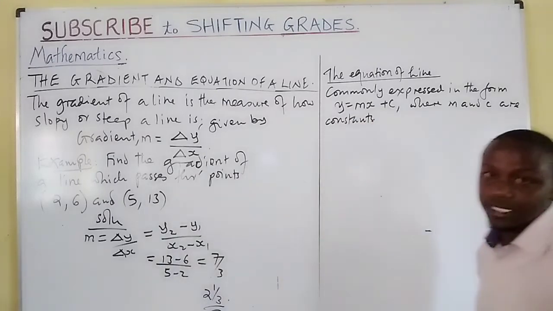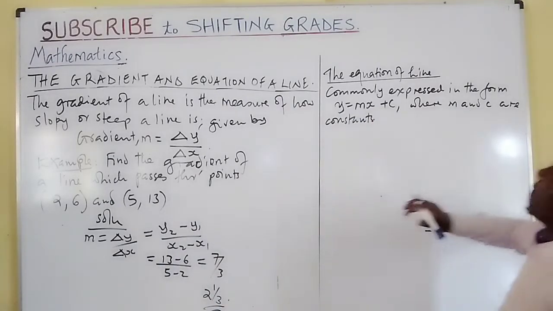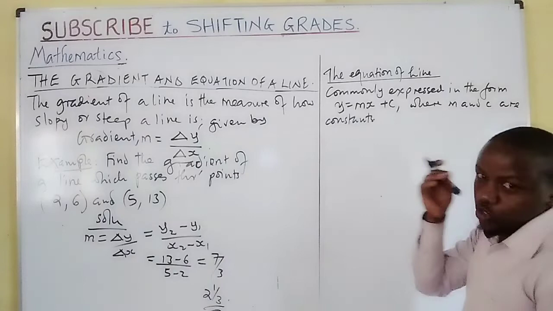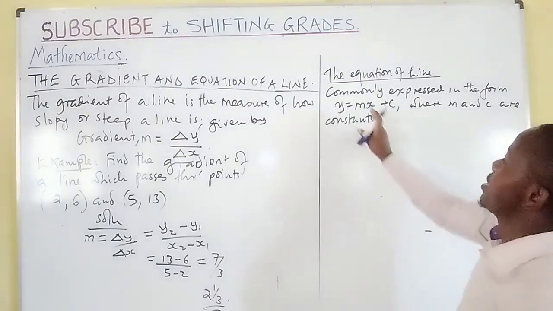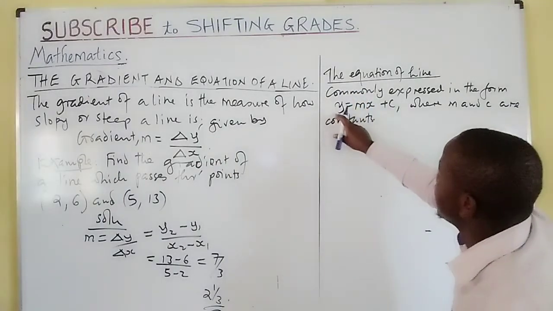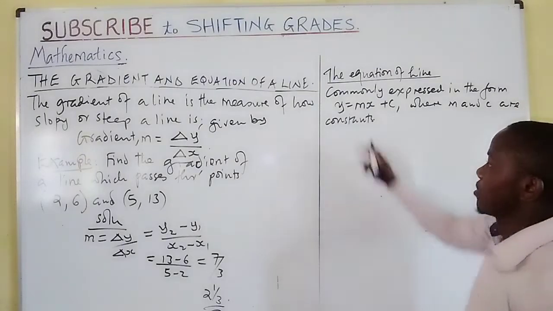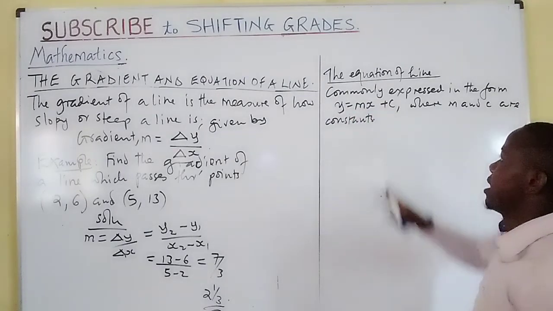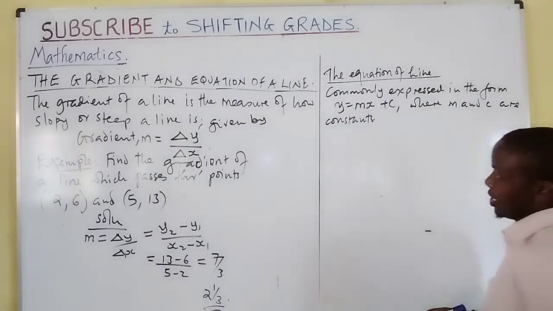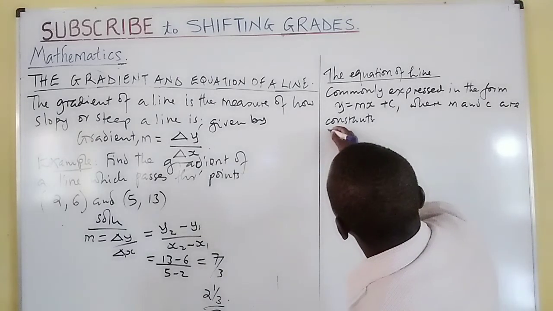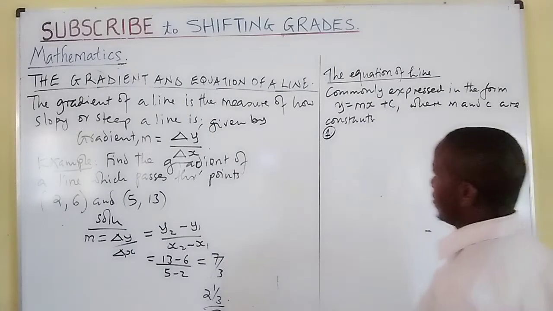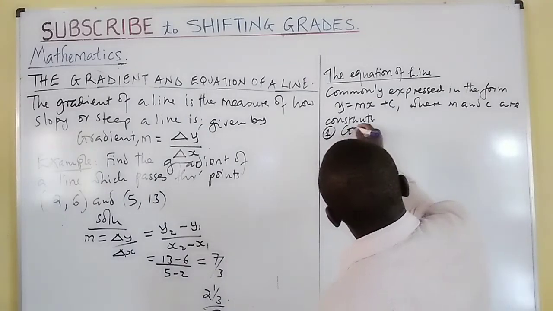Though you can be taught to express an equation otherwise, it mostly is expressed this way, with m and c being constants. Therefore, in the first case, we can get the equation of a straight line given